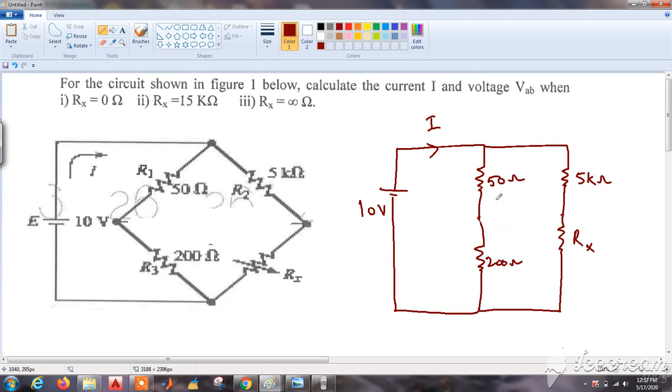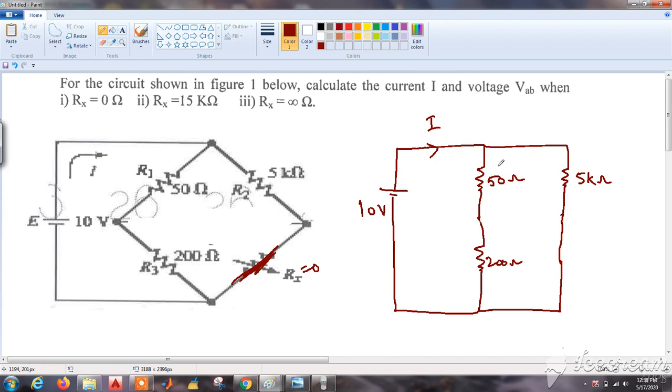because when you again consider VA, VB and draw like this, you will get confused while calculating the current. We have to just find the current. We'll apply the series and parallel equivalent formulas of resistances, and we can calculate the current by simple Ohm's law. Now coming to the first case, when Rx is equal to 0. I already said when Rx is equal to 0, it behaves like a short circuit. Now let us redraw this as a short circuit. Let us short it. You can see that I have shorted it.